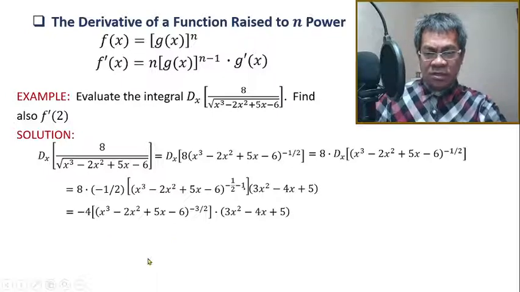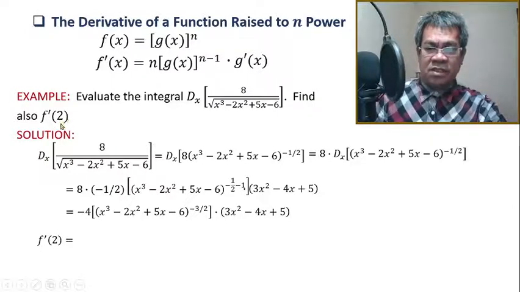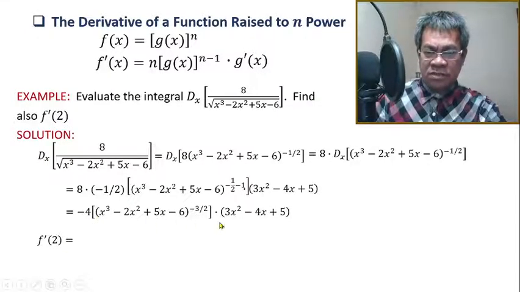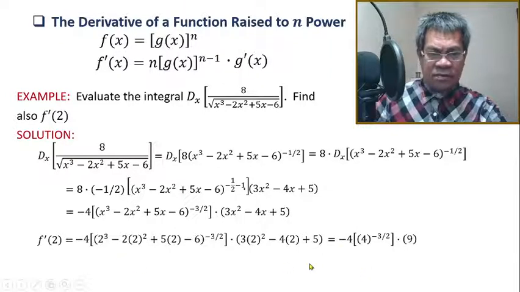With that, we can now find the derivative at x equal to 2. So use this one, and be careful. Be sure that this is correct, because your final answer will be affected. Replace every x by 2, and we have this result. Kindly double check my calculations here. Then this result becomes 4.